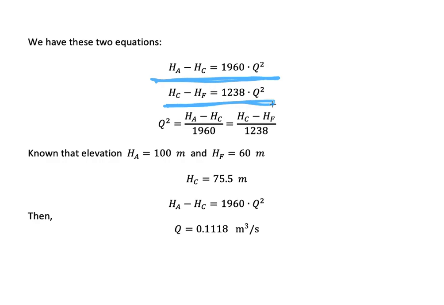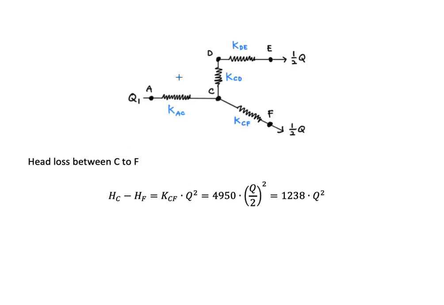From this calculation, we could get the value of Q. Bear in mind that the HA here is actually the value of elevation. So why do we use the elevation? If we create the Bernoulli equation, according to the basic calculation of the Bernoulli equation,